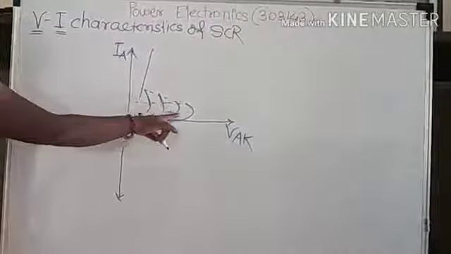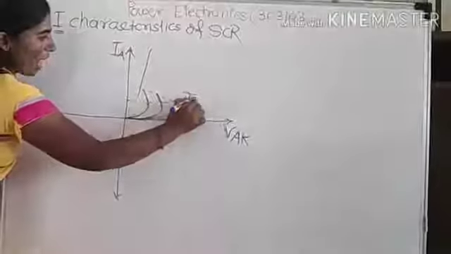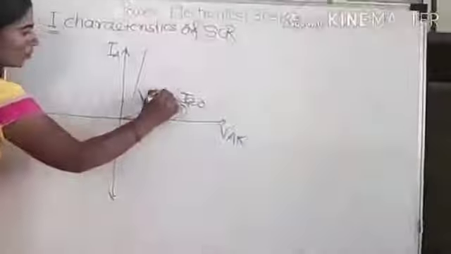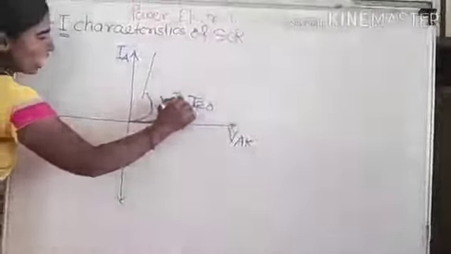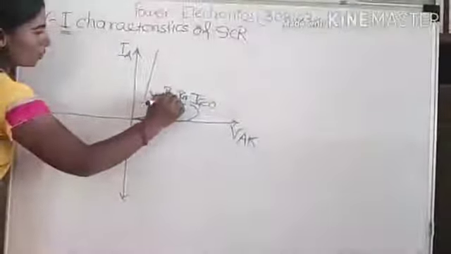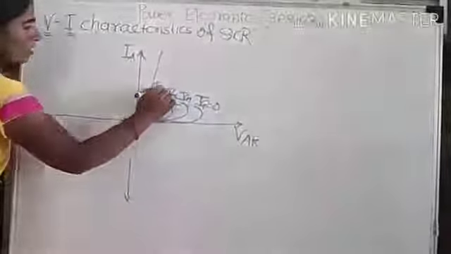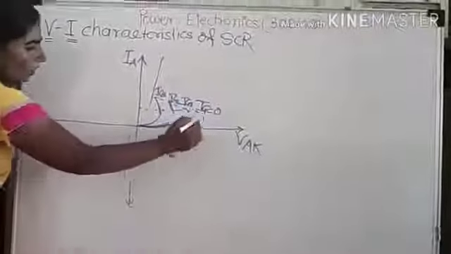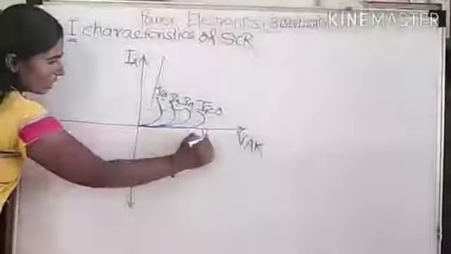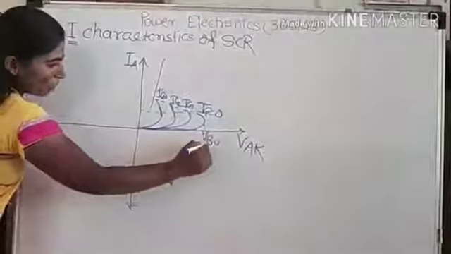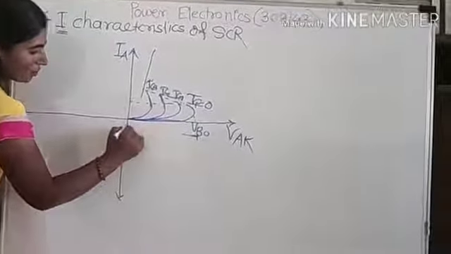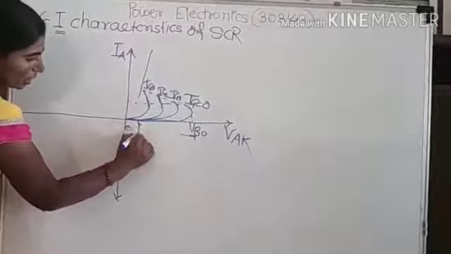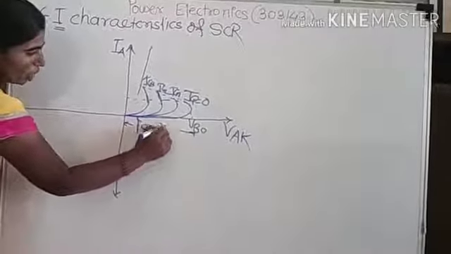Here this is for Ig is equal to 0, or Ig1, Ig2 and Ig3, that is the gate current. Here breakover voltage is there, and before this breakover voltage, this region